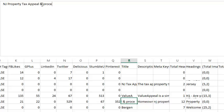Okay, New Jersey. Or you could have in New Jersey. Okay, so you can have njproperty tax appeal, so you haven't touched anything with your first part of your title. What you've done though is you're making use of all the characters, and you've added in something else as well, and process in New Jersey. I mean, you could write something like njproperty tax appeal process in New Jersey as well if you wanted to,